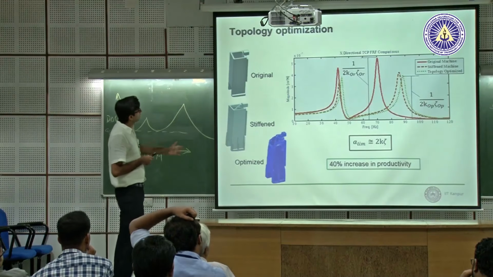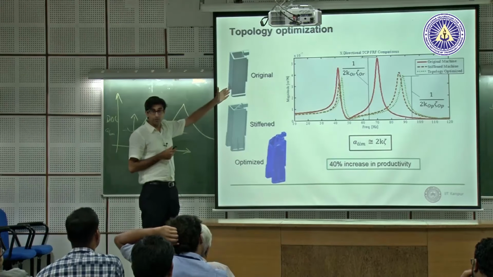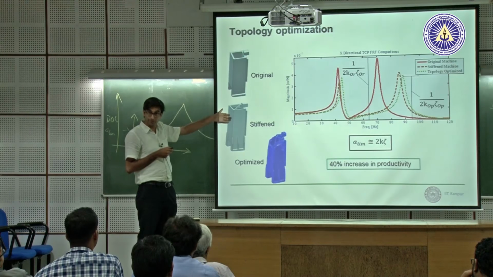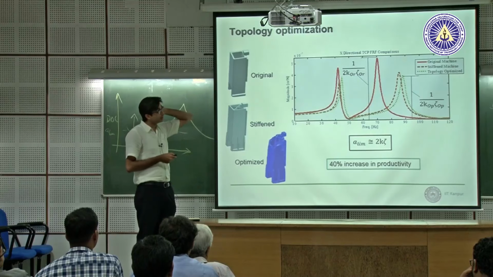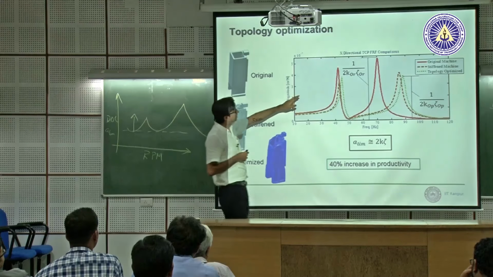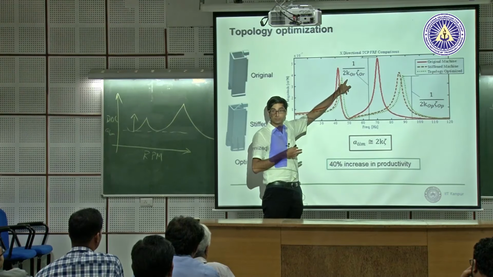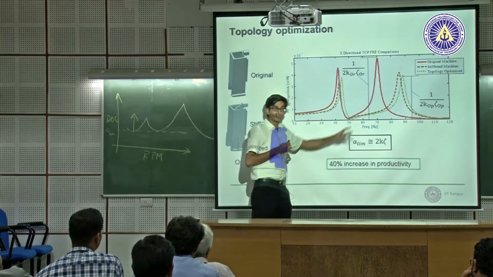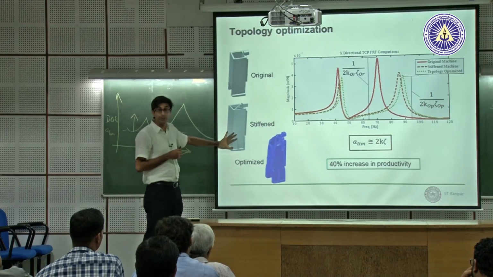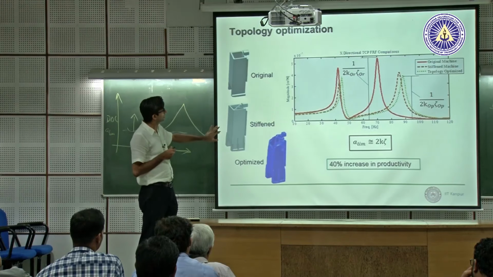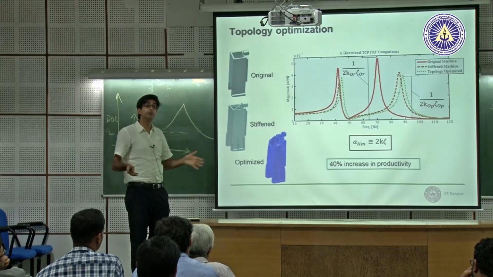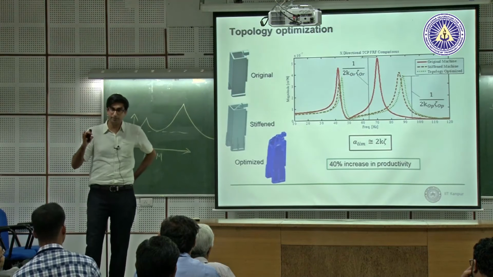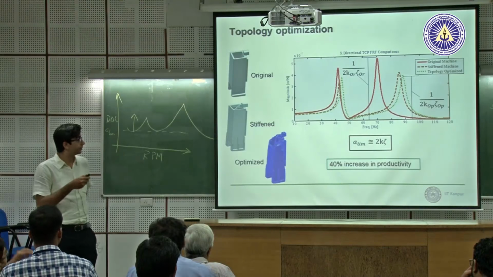Okay, so what we did is we just looked at a simple original column. We added ribs inside also. Adding ribs increases material, but it adds stiffening. So this is modal stiffness. We introduced concepts of modal stiffness. This is damping. If you want to change damping, you can change material like Mr. Mohan Ram mentioned. But if you want to change stiffness, stiffness is a function of geometry. Also material, but also geometry. You can keep the same material. If you change geometry, you can change stiffness.